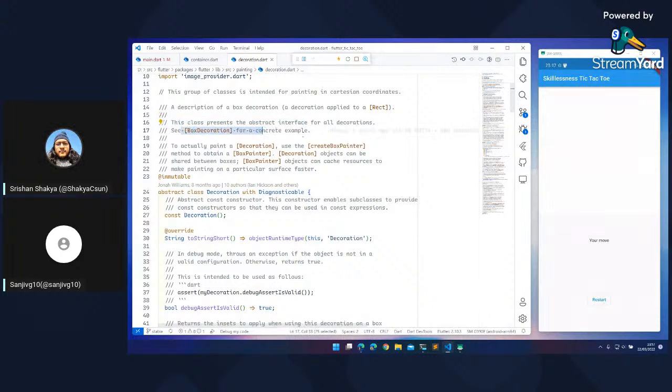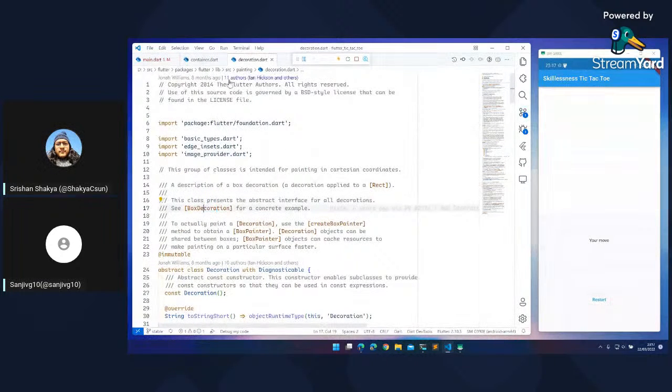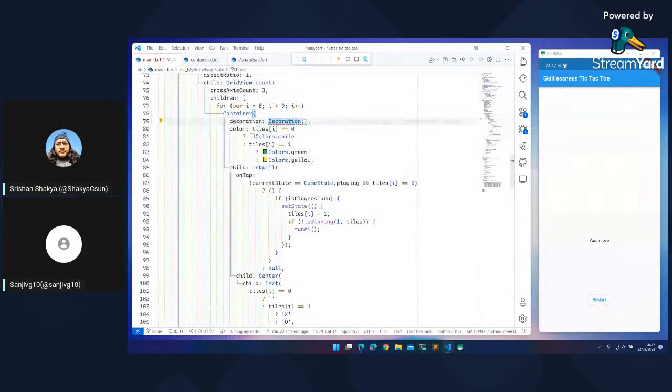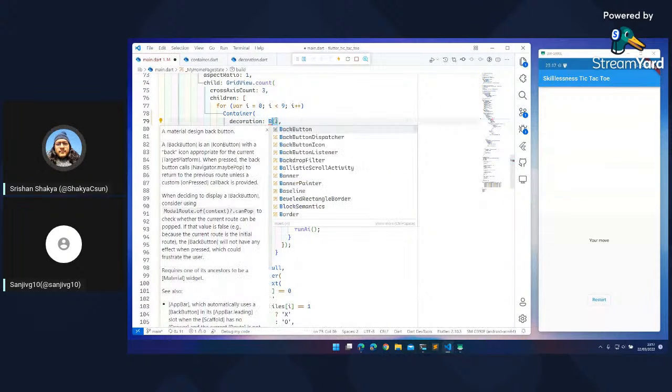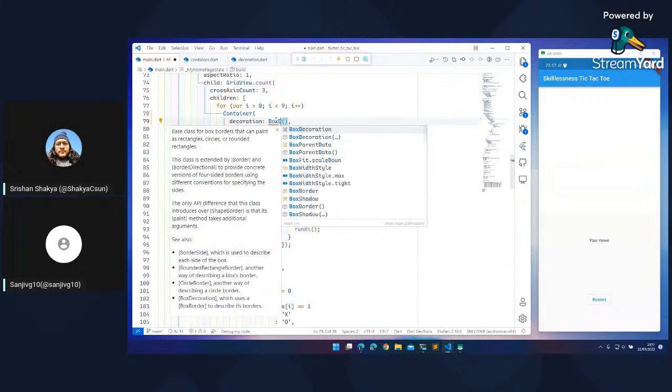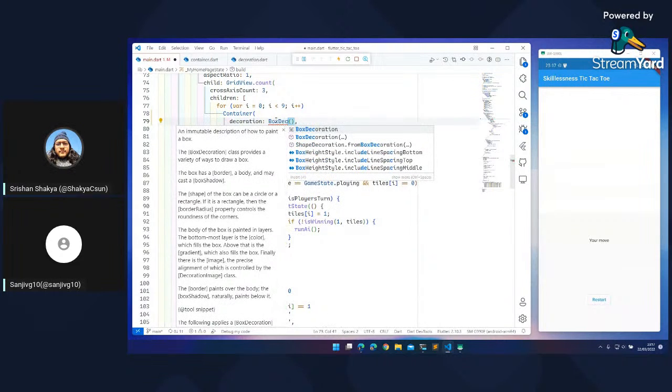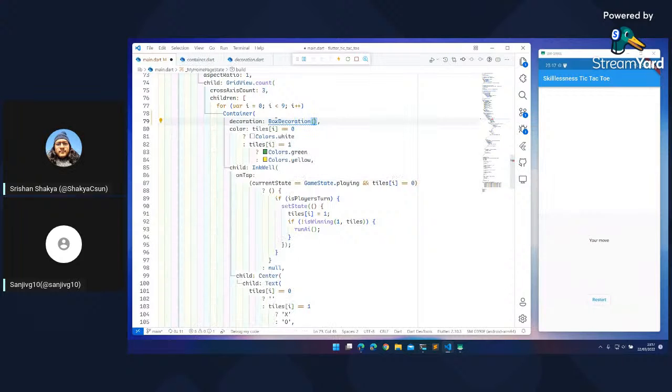See box decoration for a complete example, the documentation says. So let's try and go to box decoration. It is not letting me go to box decoration for some reason. But yeah, you cannot use decoration; you have to use box decoration or some other form of implementation of the decoration. So, box decoration,